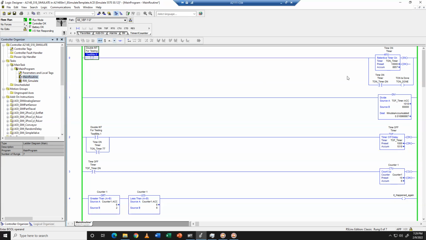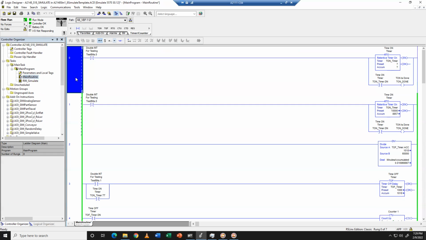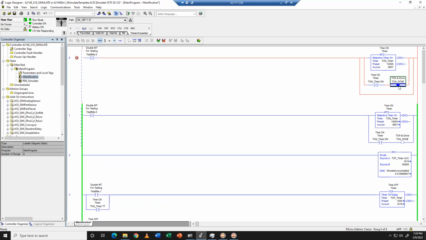An even better way to do elapsed time would be to use an RTO with a smaller increment. So if you wanted to elapse, say, a pump that runs for a number of hours a day, but you don't want it all stuck in a retentive on timer, you could nest some timers here. And a counter. So we can put in a counter to